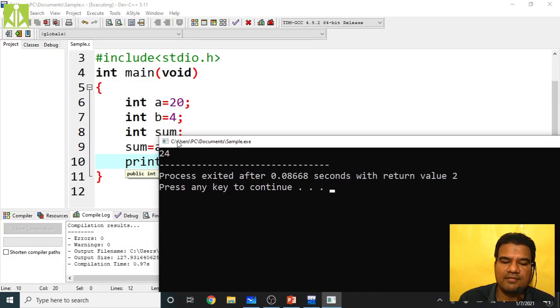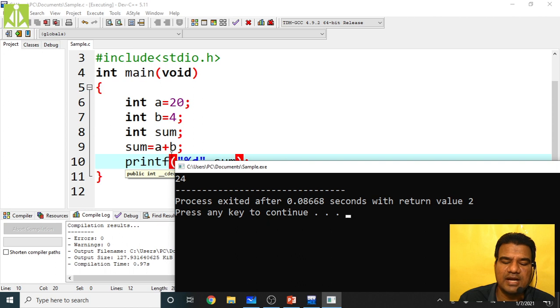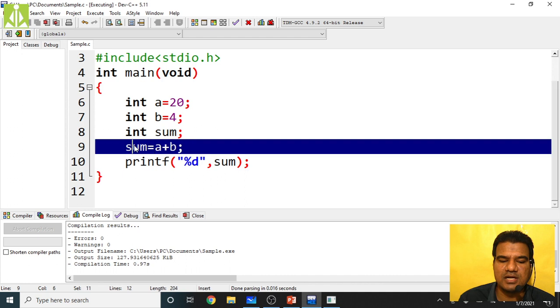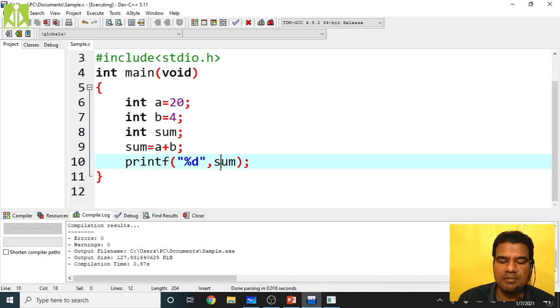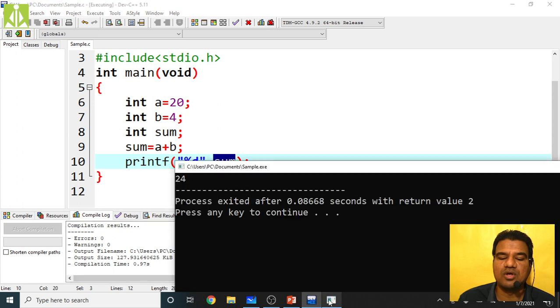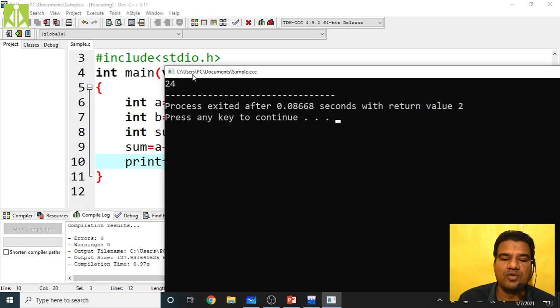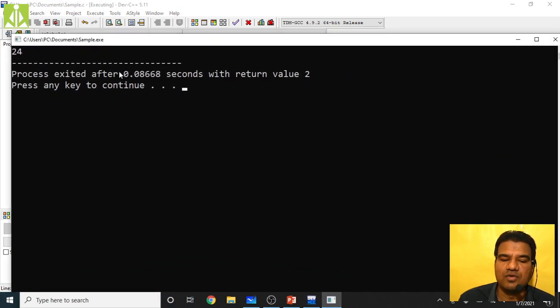Inside A I have 20 and inside B I have 4. So I'm adding A plus B. 4 will be added to that 20, and the result will be stored inside sum, and that sum I'm printing with the help of the printf function. So I'm getting the value 24 on the output screen. Hopefully this is meaningful to you.